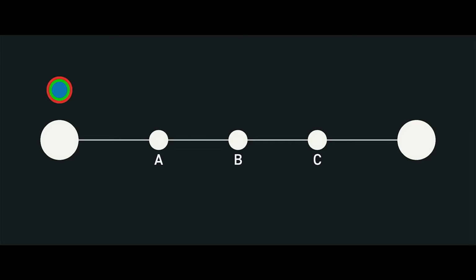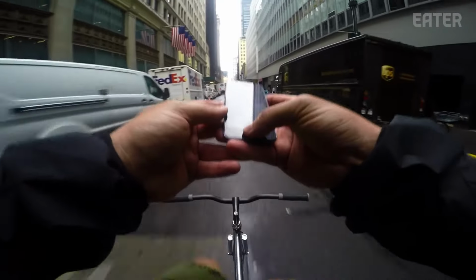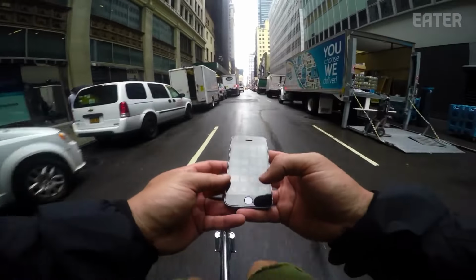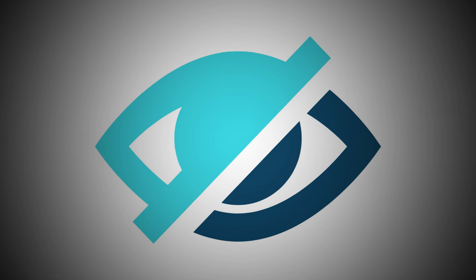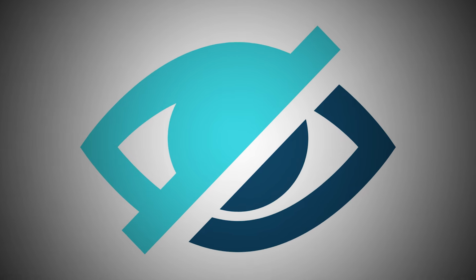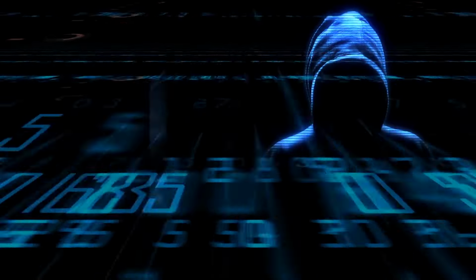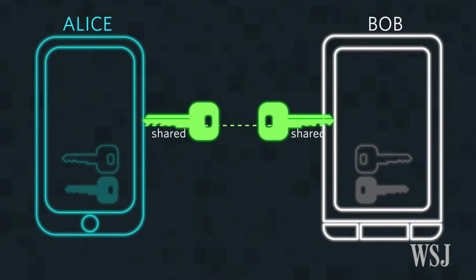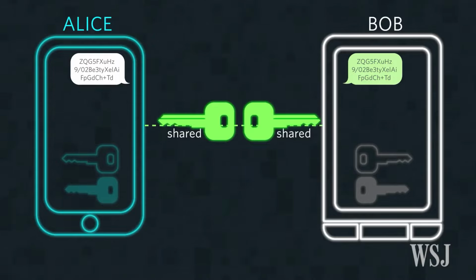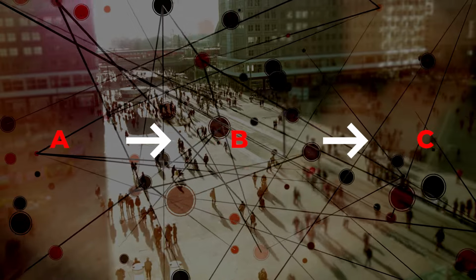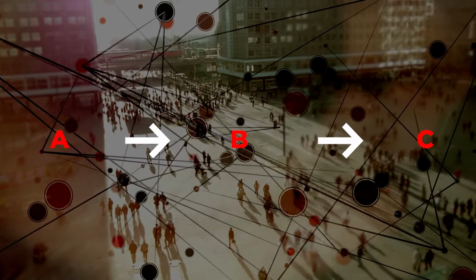Your message gets wrapped in 3 layers of encryption. Each layer only knows where the message previously came from and where to send it next, nothing else. So, the message, or whatever data that was originally sent, remains hidden. At every checkpoint, 1 layer is peeled off, revealing instructions for the next stop. By the time it hops through all the checkpoints, the last encryption layer is shed, showing the original message. This technique ensures that information can hop from point A to point B to point C without the risk of it being vulnerable to interception in between.